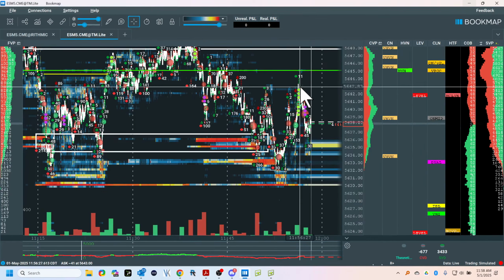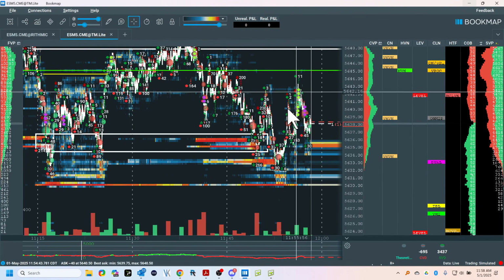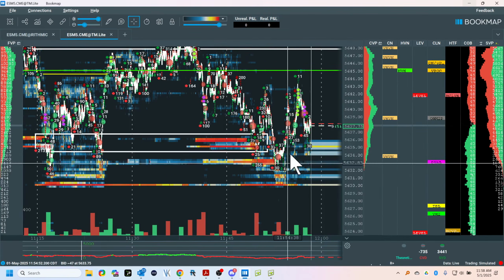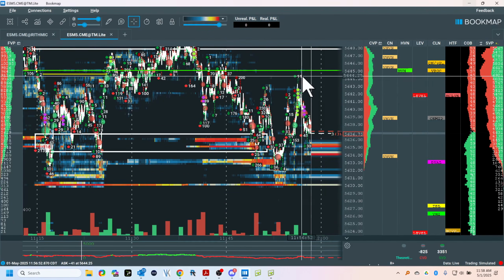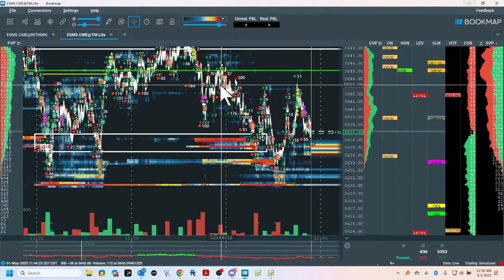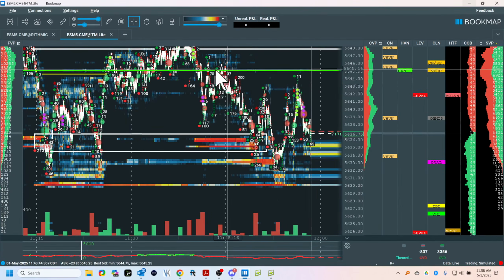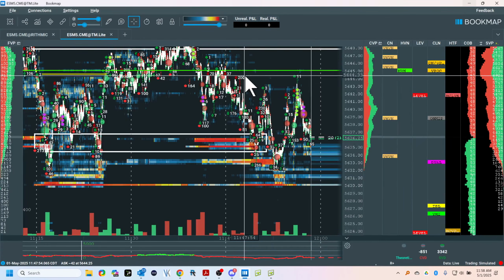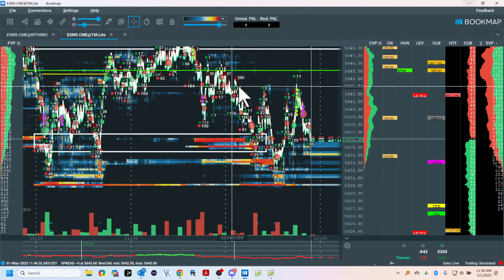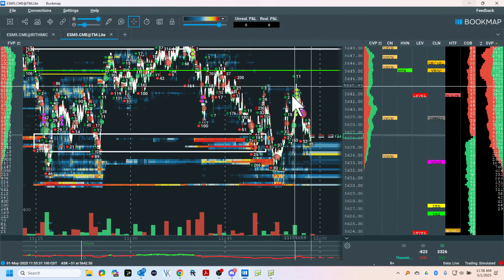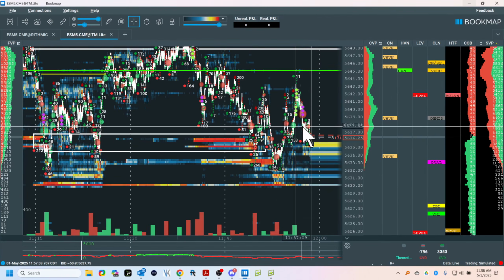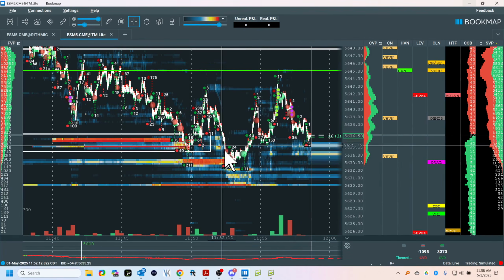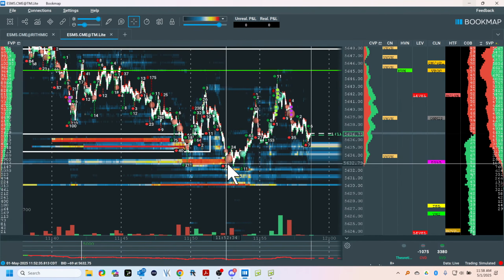I'm breaking it down like Matryoshka dolls. So if I get long somewhere, I'm going for this, but I know my sellers are here, which is why I want to return there. But I also have sellers right here. And when I get the sweep, I can anticipate the rotation down. Again, it's all trade plan specific. So there's no right answer to any of this because it's random.